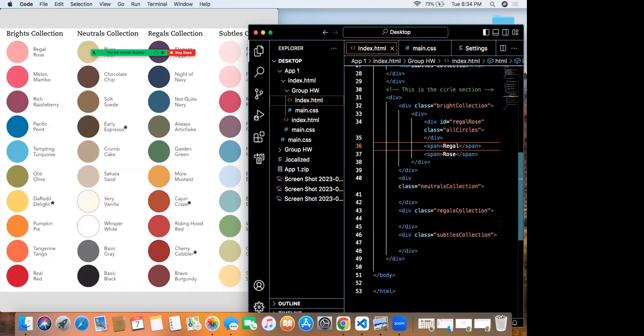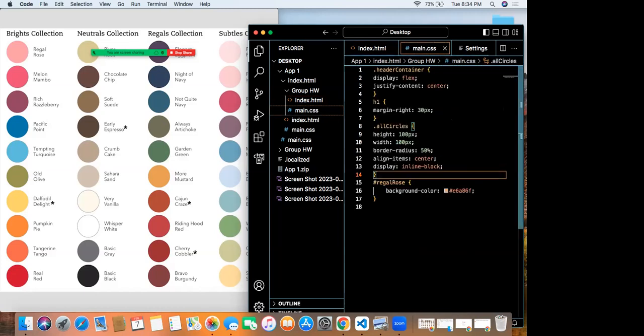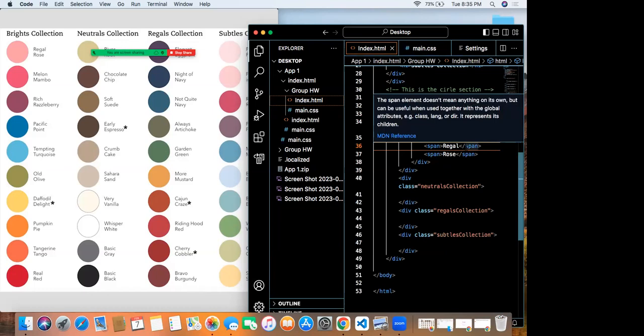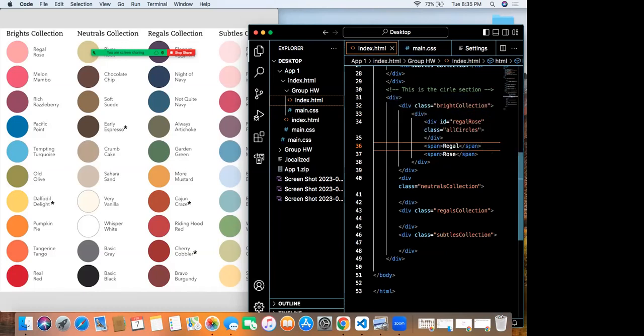So what do you guys think? I think he said go to main.css and do span the same way. Oh, we did. Am I creating a span or are we styling this span? We're styling that span in CSS.